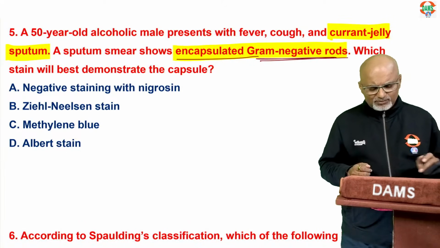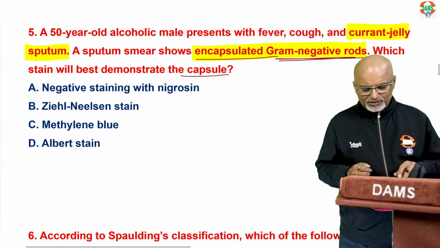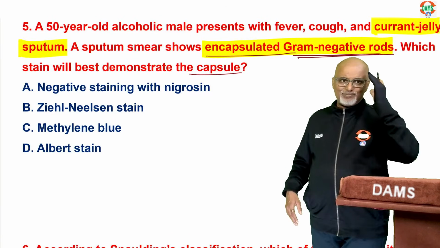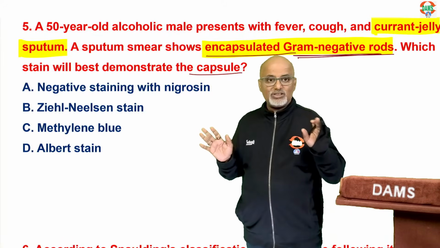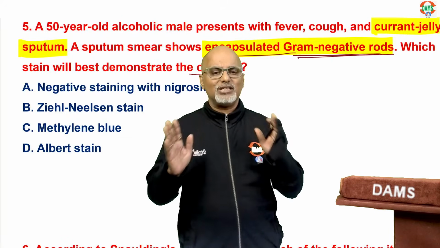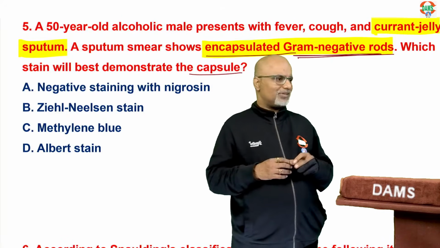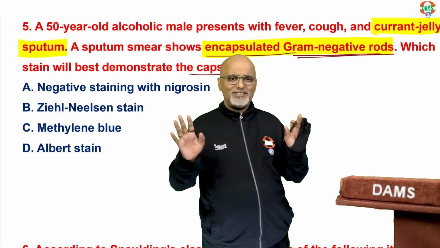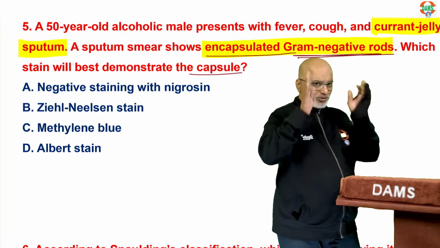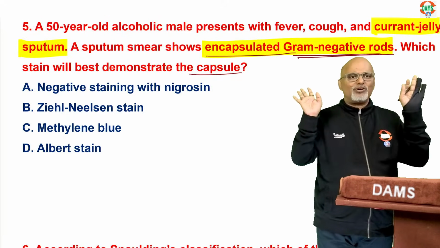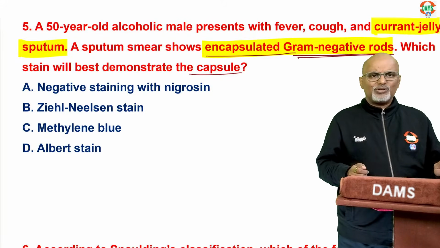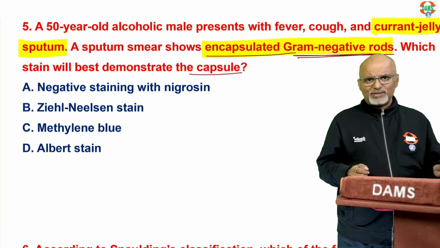And which stain best demonstrates the capsule? What is the capsular stain here? Our mind is set on India ink, nigrosin stain, capsule, Cryptococcus. We are not thinking more than Cryptococcus. Yes or no? Honestly tell. India ink stain means which comes to your mind immediately? Cryptococcus. No, don't go with this view. You have a broad view. Don't go with only one focus. So any capsule you can demonstrate by negative stain